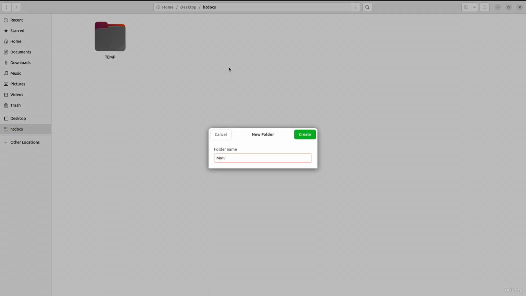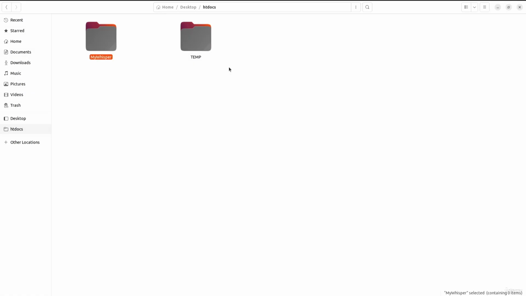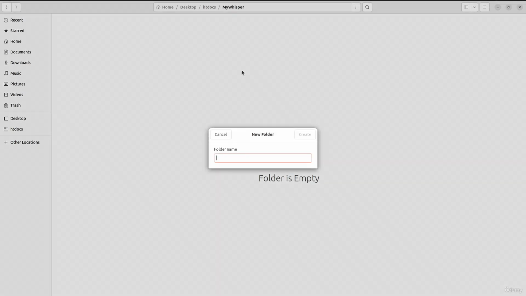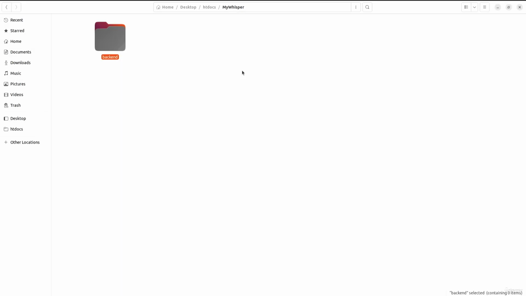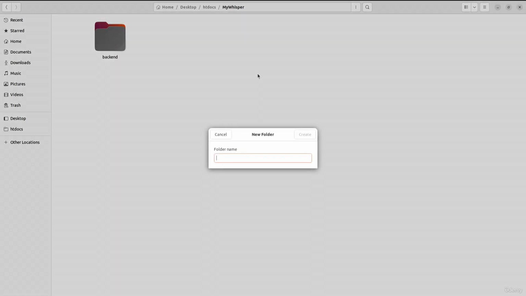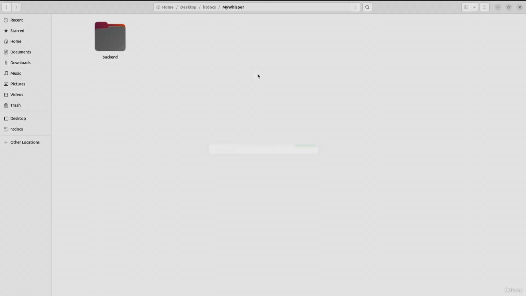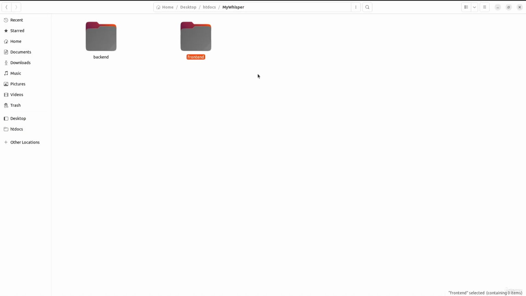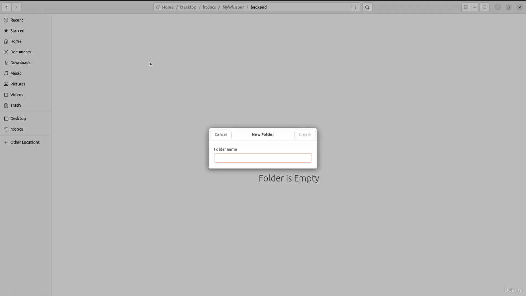This will be my Whisper, and inside here we need to create two more folders. One will be the backend. Inside the backend is going to be the PHP files, and this will be the frontend, and there will be our HTML, CSS and image files right here. And in the backend we can actually create a new folder as well, and this will be classes to store